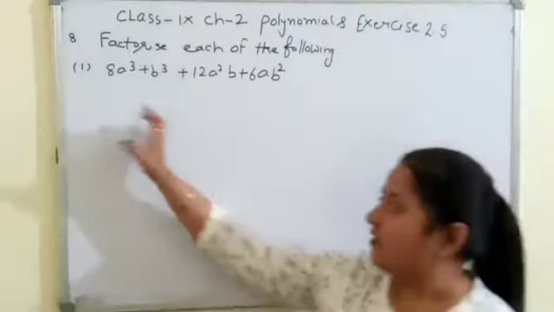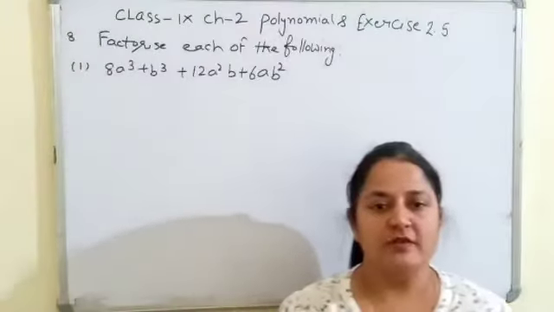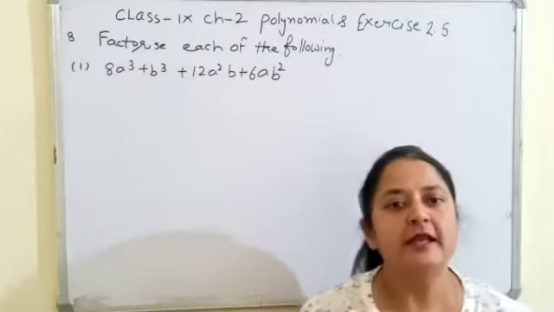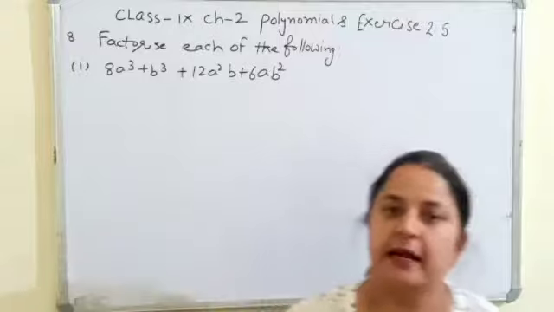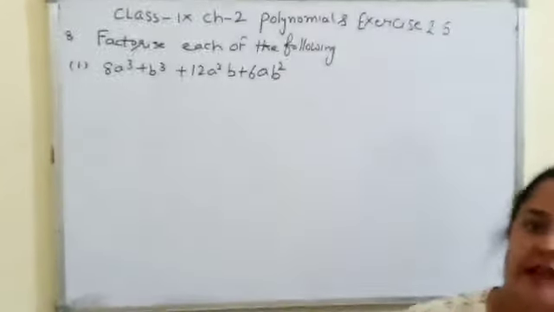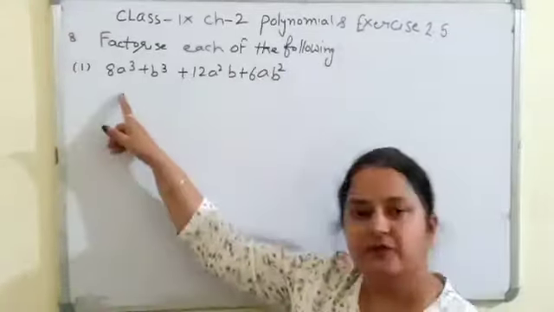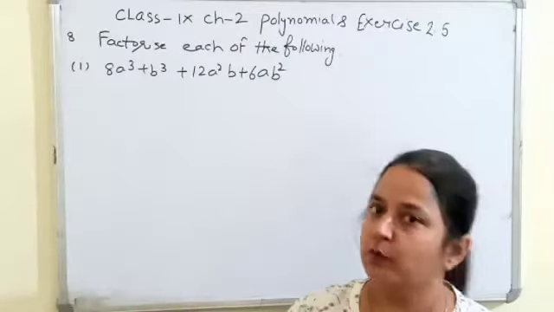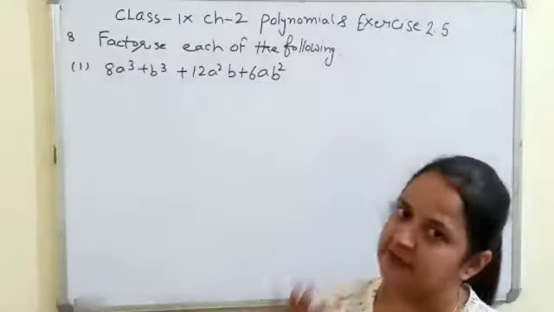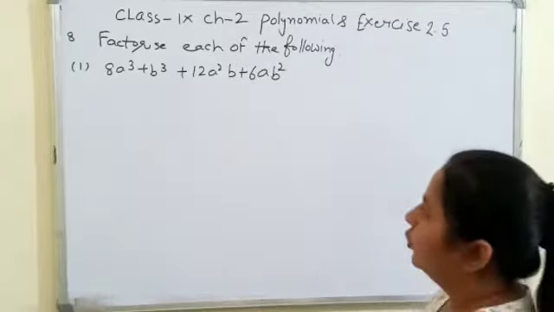Yes students, as in the question a plus b whole square I told you, from the first two terms we can easily identify which identity we can apply for this factorization. Here you can see the first term 8a cube is the whole cube of 2a, and b cube is the whole cube of b. So let's see,